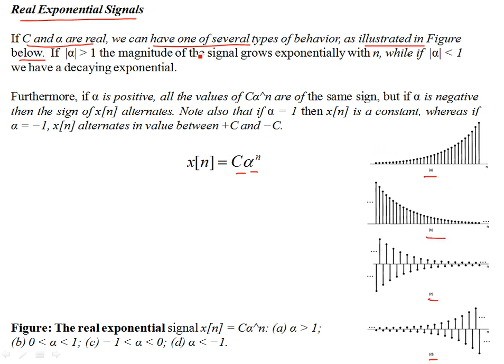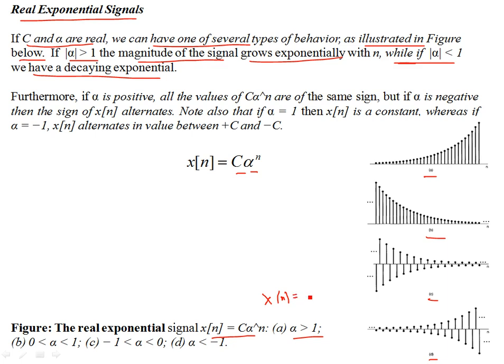Now, if C and alpha are real, you can have the magnitude of alpha greater than 1. If that's the case, then the magnitude of the signal is going to grow exponentially with n. But if alpha is less than 1, then we have a decaying exponential. So over here, for part A, this is your discrete sequence. If alpha is greater than 1, which implies the magnitude of alpha is greater than 1, that simply means, for example, you have x of n of the form